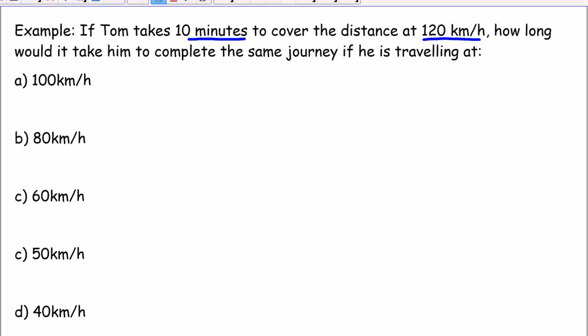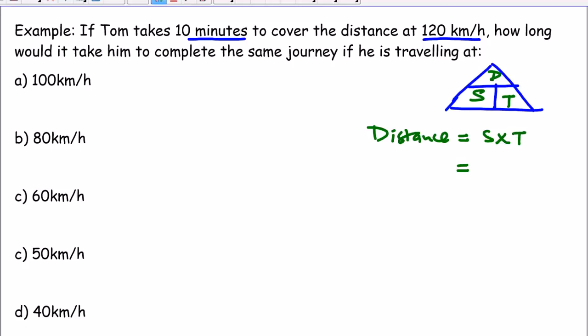Now, if you remember from year 8, you had looked at this relationship between speed, distance, and time. Speed is equal to distance over time. This triangle is important. It can help you to remember that. So if you want distance, it will be speed times time,